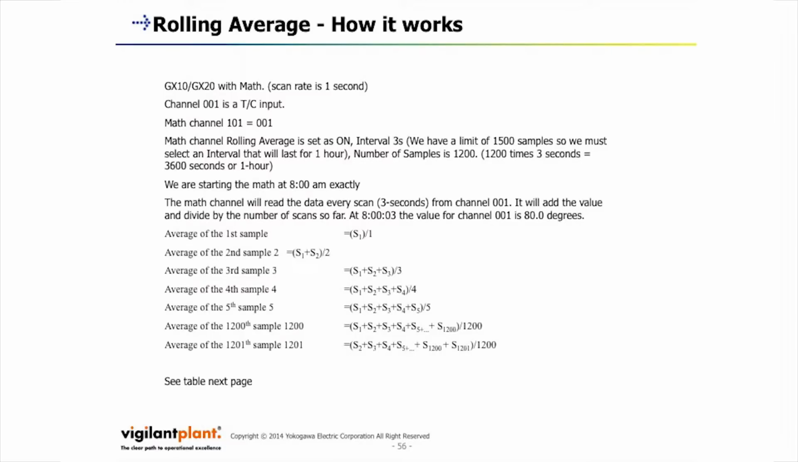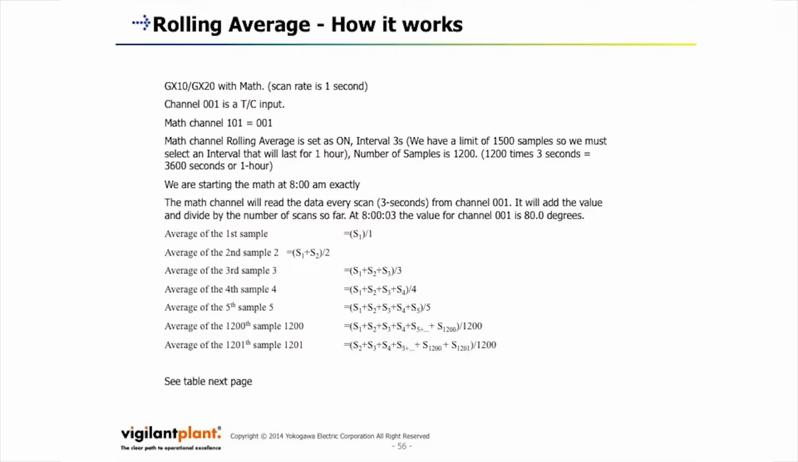The GX with math has a scan rate of 1 second. That's the default, so we'll just leave that there. Channel number 1 is like a thermocouple input, and then something like math is equal to 01, and then you set up a number of samples. Based on those samples, it's timed the number of samples, and when the math starts at 8 o'clock in the morning, we basically do a calculation. What it does is it rolls in the samples and divides by